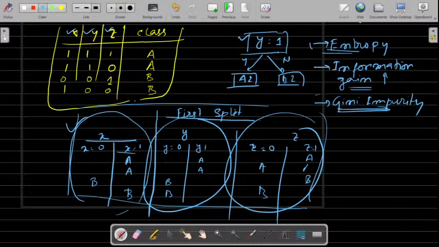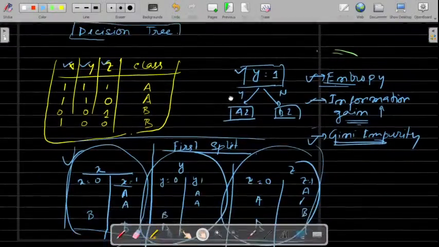So depending on which algorithm you choose, that algorithm will calculate all the possible splits, and it will see in which split the information gain, or this one of these measures, is optimum. Using that, it will take that split. It will happen automatically, but just for your information, if you ever wonder how this is happening,